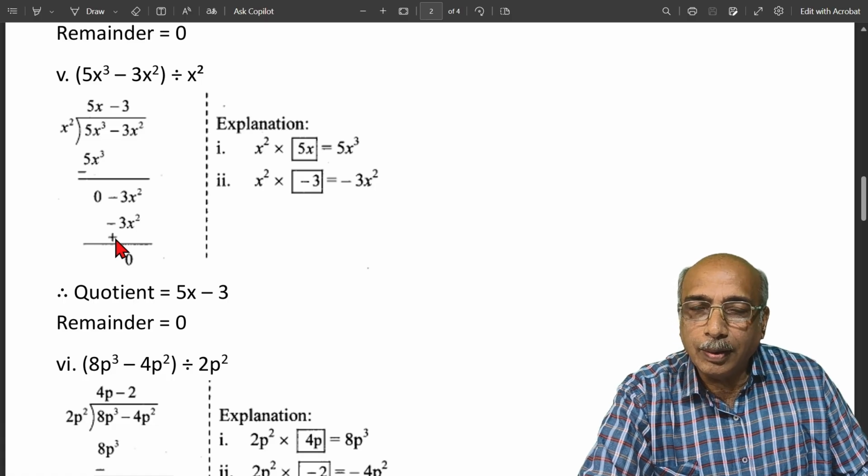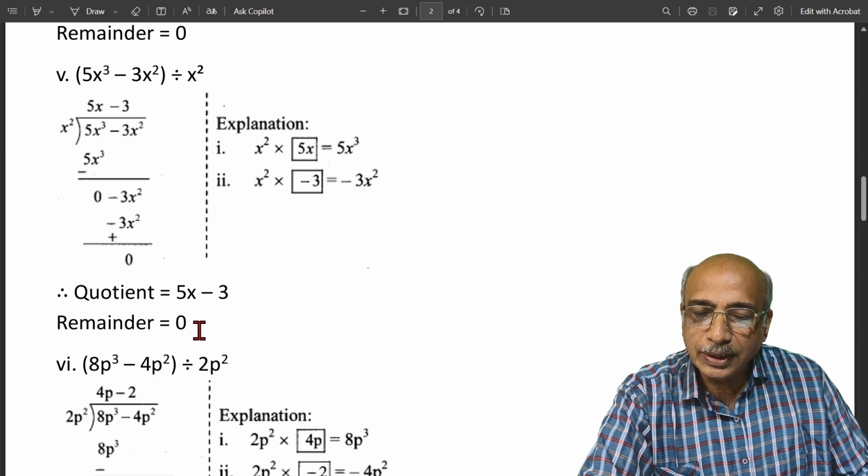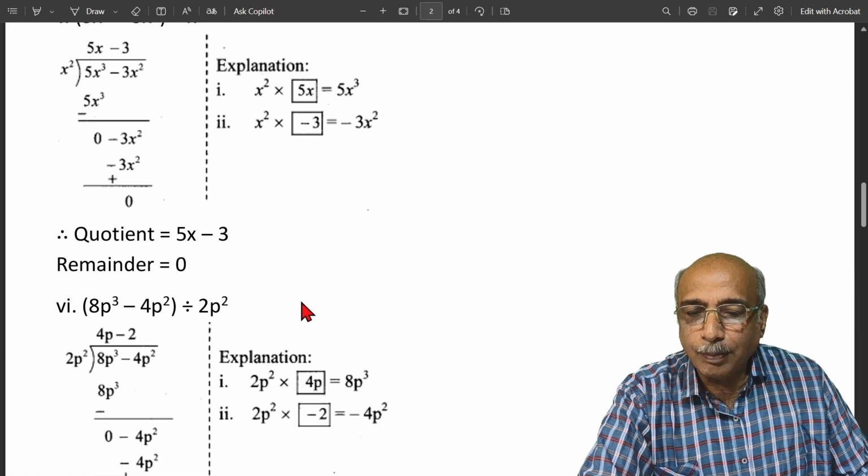Again division method, sign changes. So it will be plus. Simplify this, remainder will become 0. The quotient becomes 5x minus 3. 5x minus 3, remainder is 0. Another example of